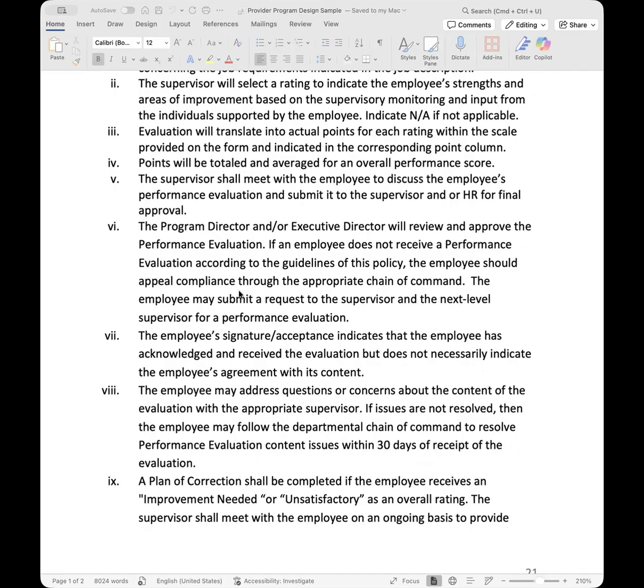And it should be reviewed and somebody should get back to them within 30 days to address those concerns, to follow up on those concerns, to explain why those things were put into the evaluation and why you all felt the need to document this.